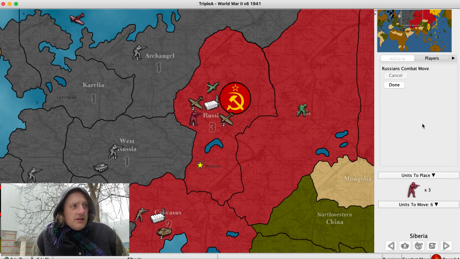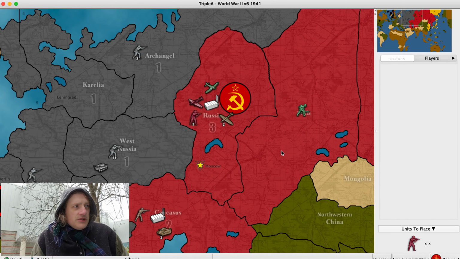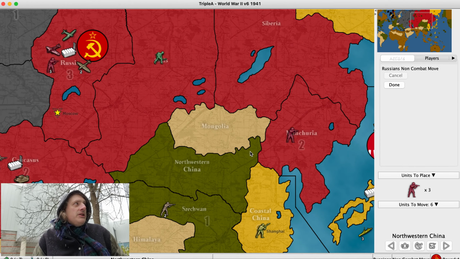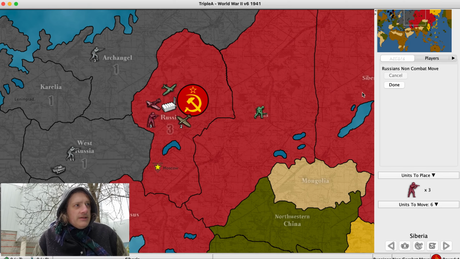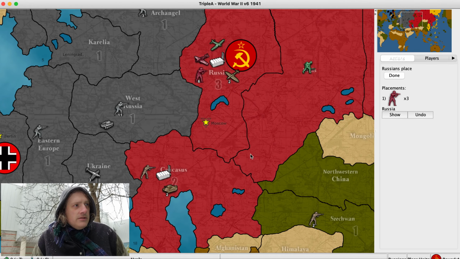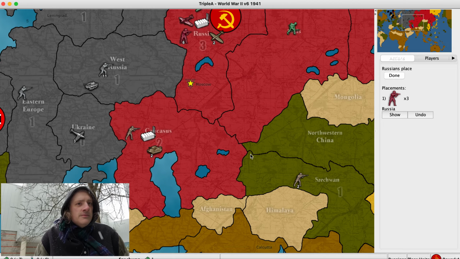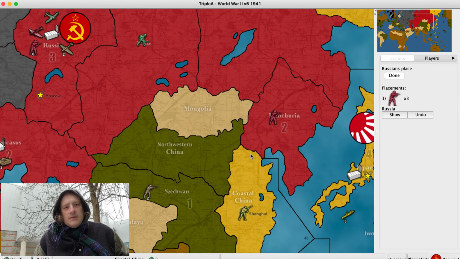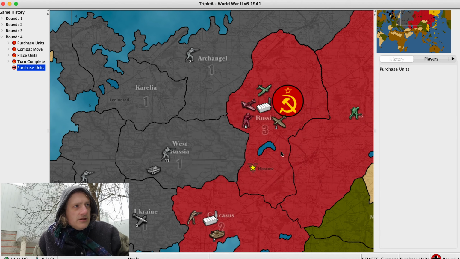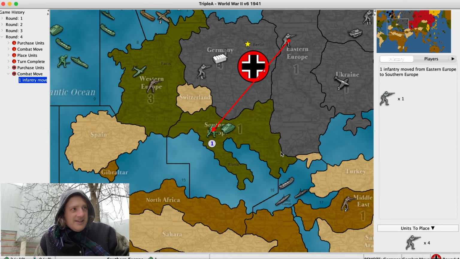Yeah, I'll just fortify the Russia province. It's a shame I can't finish the Japanese off in coastal China, but their priority is Russia right now. 7 IPCs. It's not good because that means I only get 2 men. So yeah,